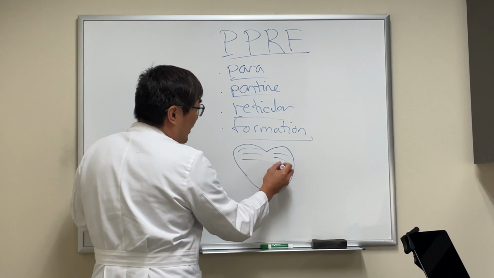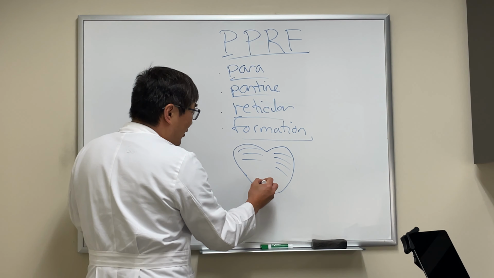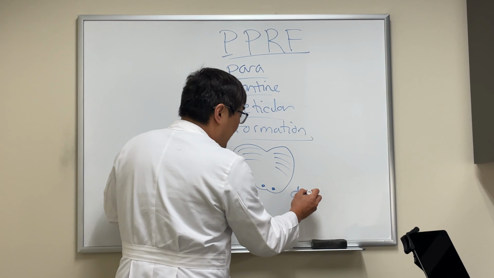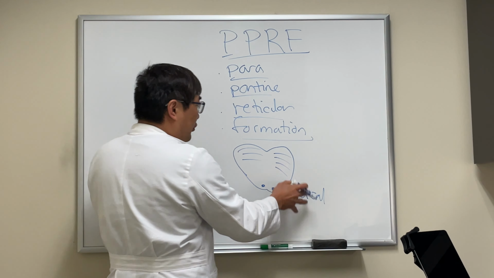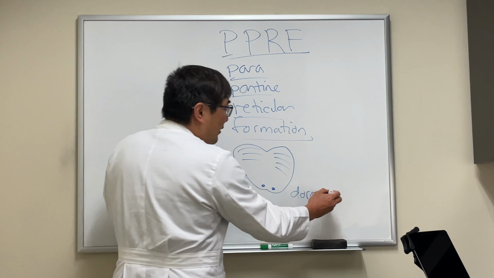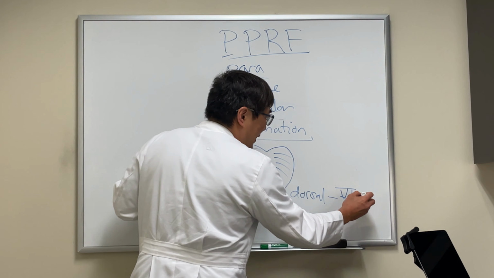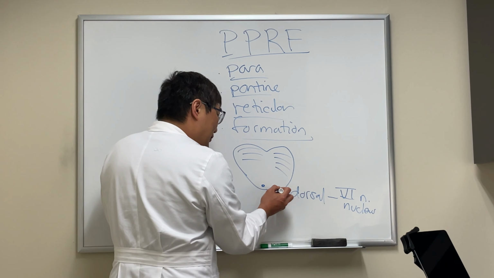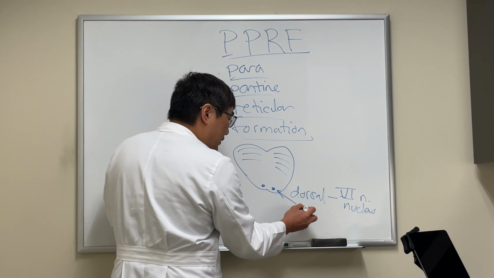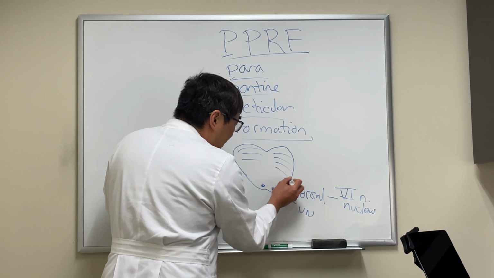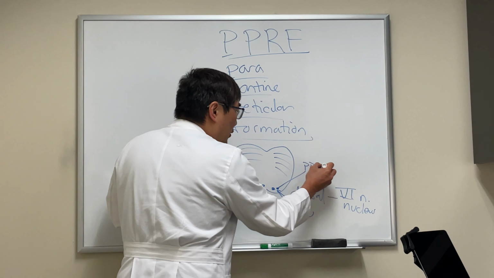So if we've got our little pons here, we know that all the oculomotor action is in the dorsal part of the pons. And the dorsal pons is in charge of horizontal gaze. And the final common pathway for horizontal gaze is the sixth nerve nucleus. However, it also receives input from the vestibular nuclei for the vestibular ocular reflex, and it's a collection of horizontal